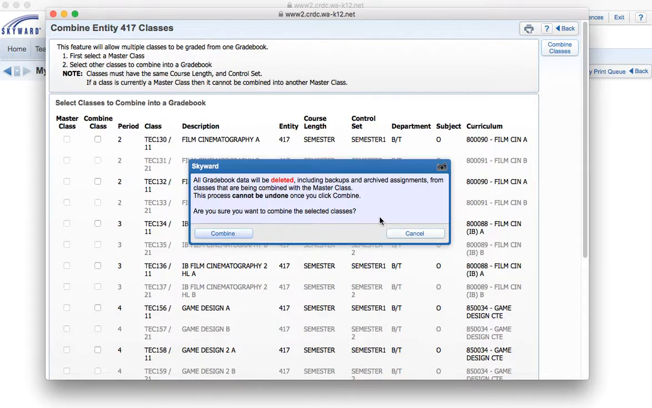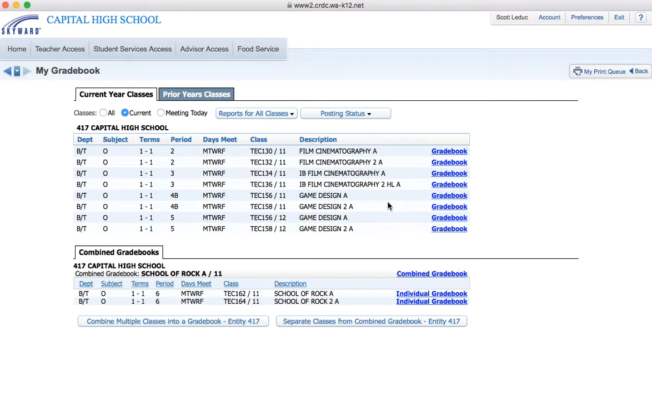It's now telling me it's going to delete any assignments that are in there. So I have to make sure that I have, the beginning of the term is probably the best time to do this. And then I click Combine. And when I'm done, I have my gradebooks down here. And I can click here for the combined view, or I can look at each individual separately, which is really